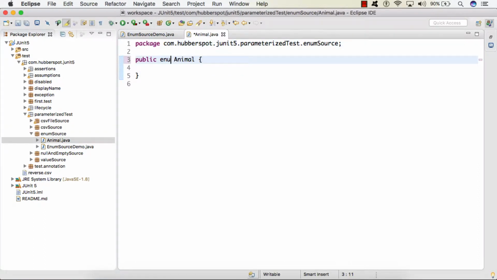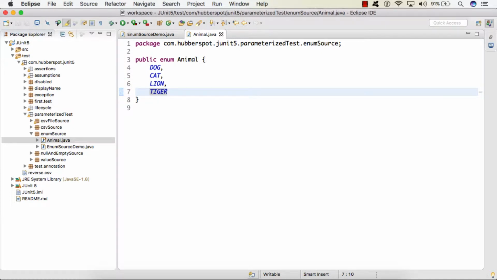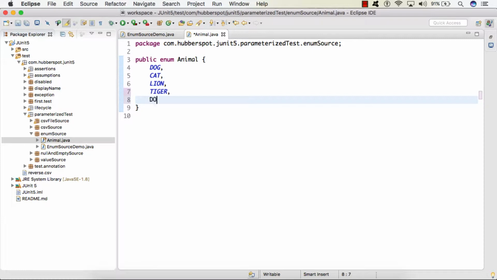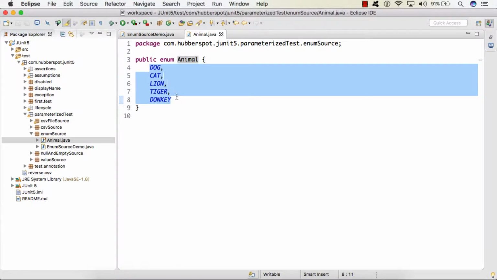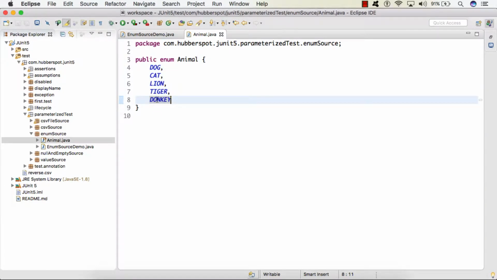And here I will create an enum with values, say, dog, cat, lion, tiger, let's say donkey. So friends, here you can see that we have created an enum Animal having these 5 animals: dog, cat, lion, tiger and donkey.